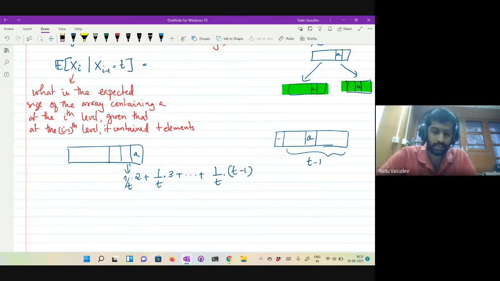I don't know how to do it exactly, right? What we will instead do is, we don't really care about the exact value, but all we really need to care about is some sort of a bound for this quantity, right? We just need to know some sort of a bound for this quantity. So what happened?